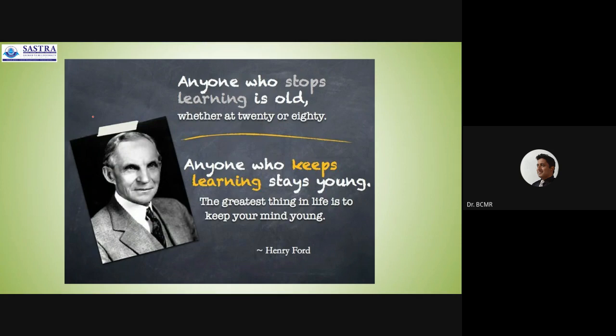Anyone who stops learning is old, whether at 20 or 80. Anyone who keeps learning stays young. The greatest thing in life is to keep your mind young. Henry Ford. I love this quote, or I have learned it, that we have to reach a stage where we feel dull when we don't learn something new,